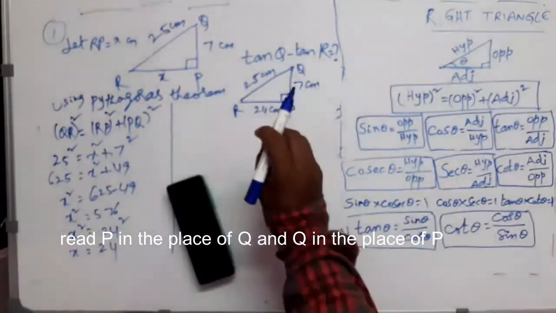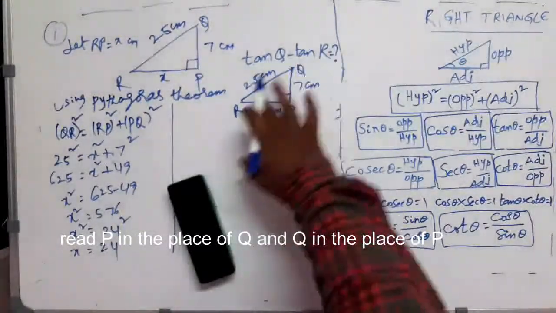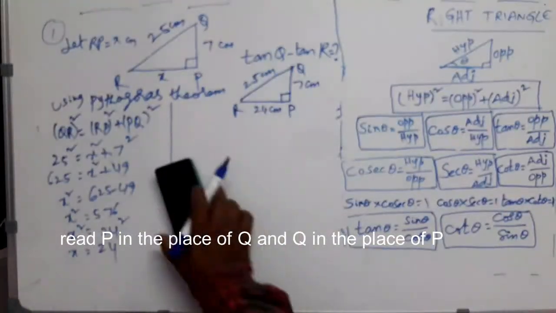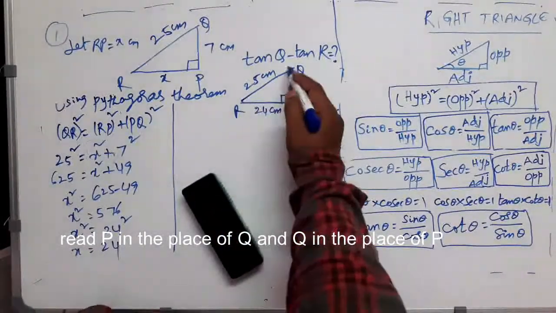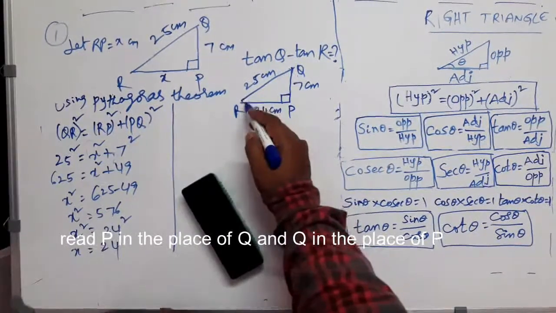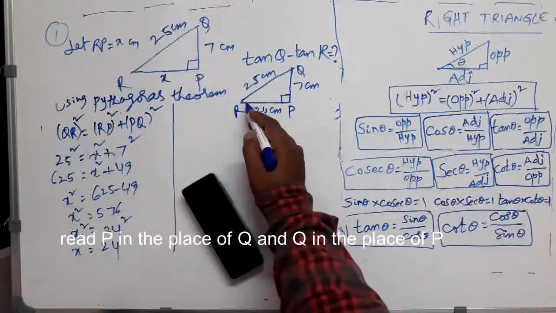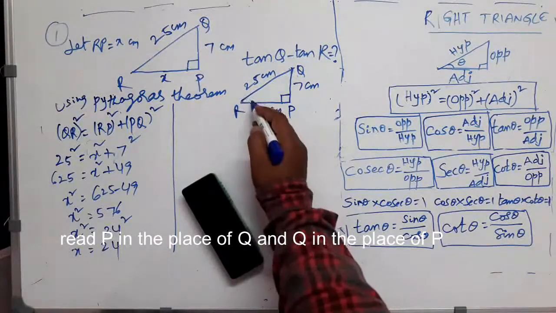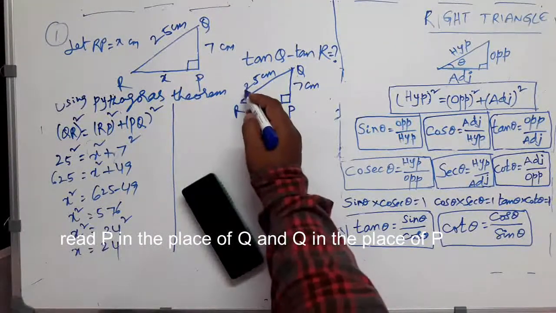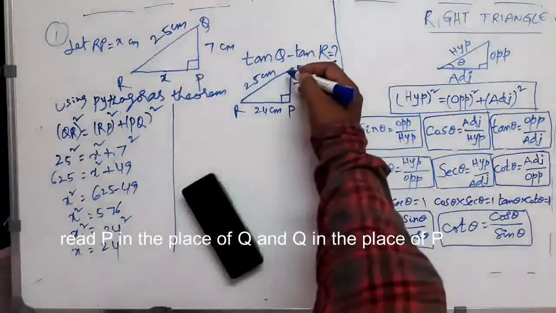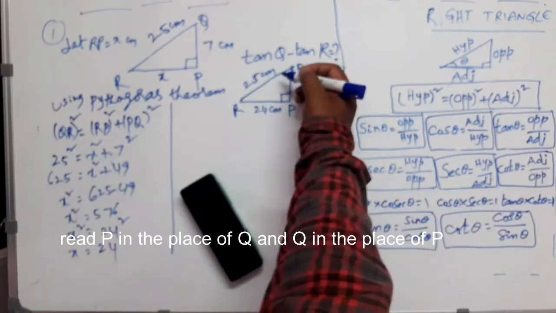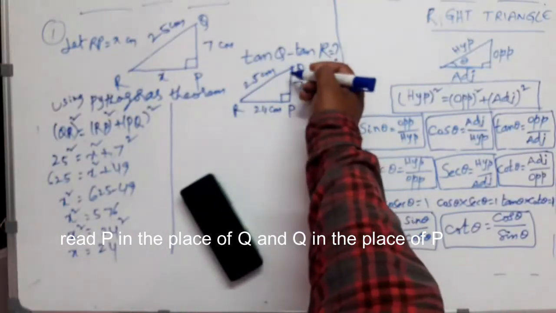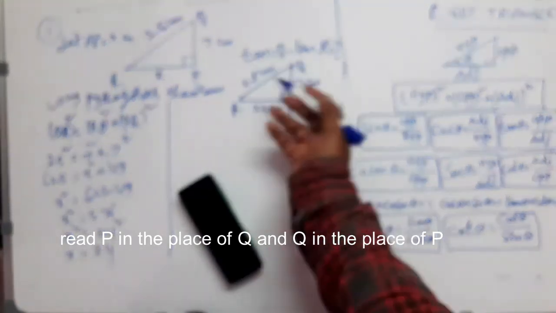You can give the value of any ratio of any angle of these. Of course, this is a right angle triangle. This is the right angle. These two are acute angles. You can find the value. All the 6 ratios for this angle are sin R, cos R, tan R, cosecant R, secant R, cot R. In the same way, for this angle also we can write sin Q, cos Q, tan Q, cosecant Q, secant Q, and cot Q. All 6 ratios for this angle also you can give. Either angle you can find out.